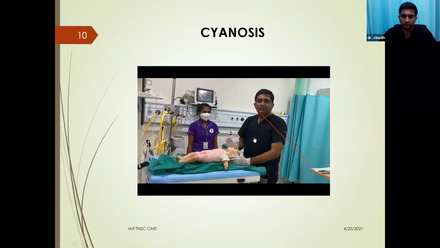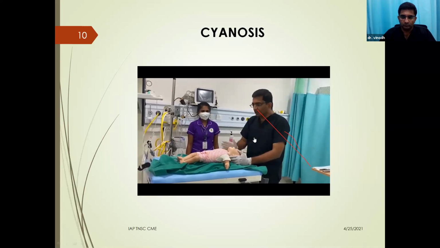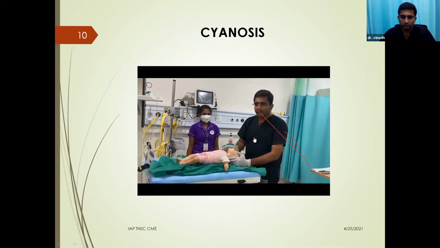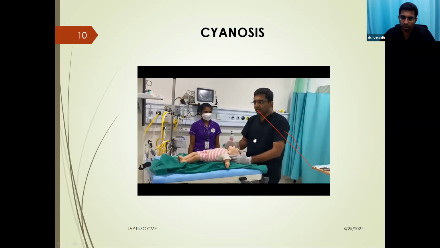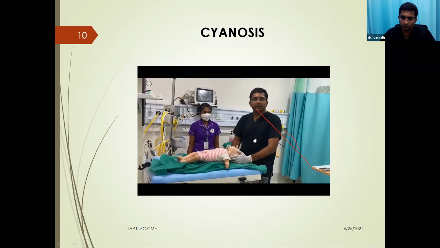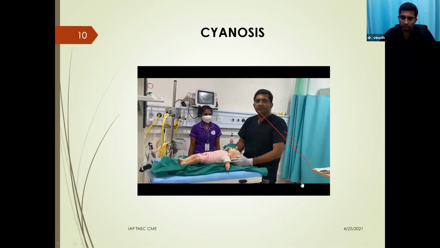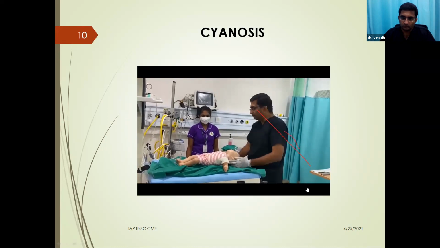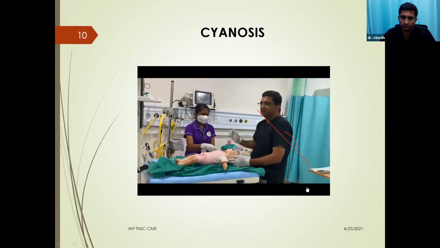After providing the initial steps, we need to assess the baby. After the initial assessment, we need to look into the heart rate as well as the respiratory effort. Here, the baby's heart rate is more than 100 and the baby is having good respiratory effort, but the baby has central cyanosis. Central cyanosis may be normal up to a certain point of time in any baby, provided it falls within the target oxygen saturation. So here we are supposed to monitor the target pre-ductal oxygen saturation. Please place the probe in the right hand, sister. Monitor the saturation and compare with the target saturation.